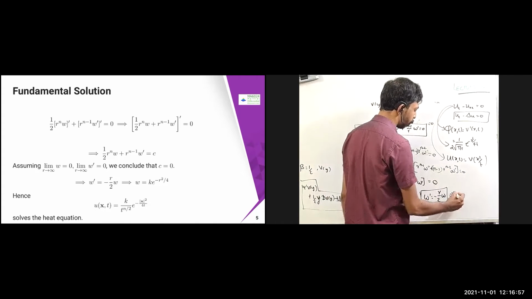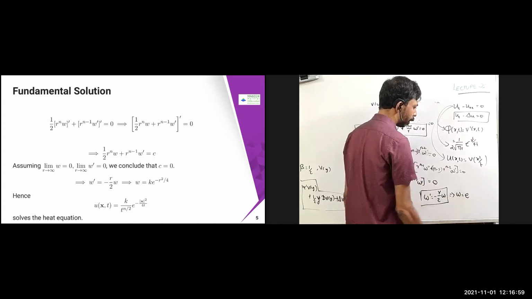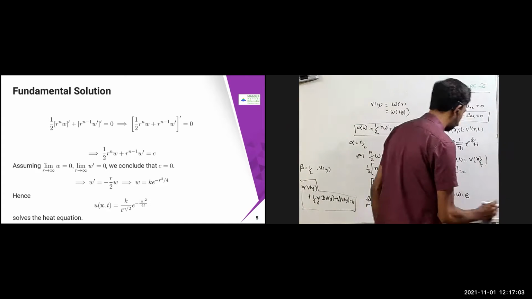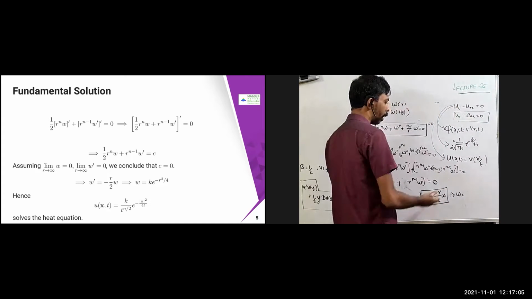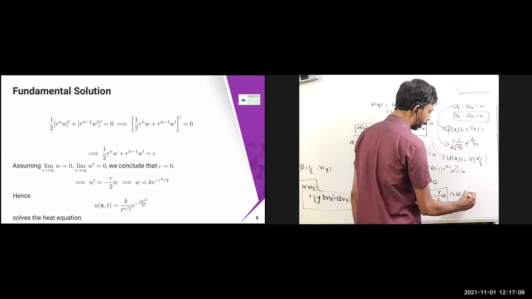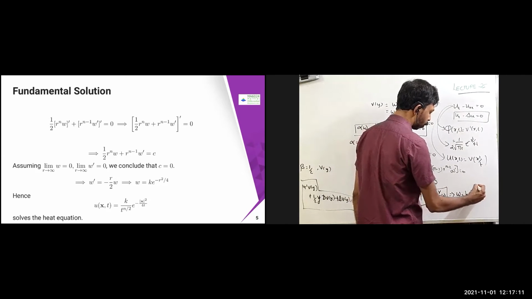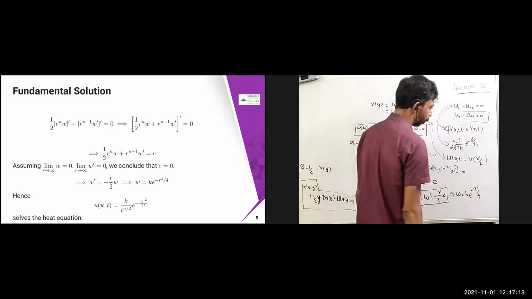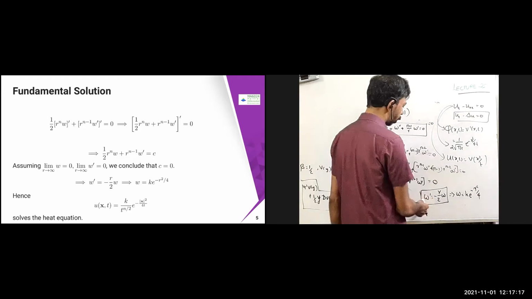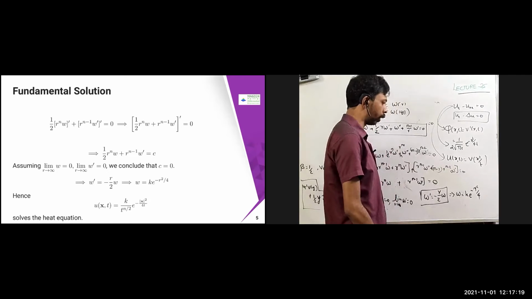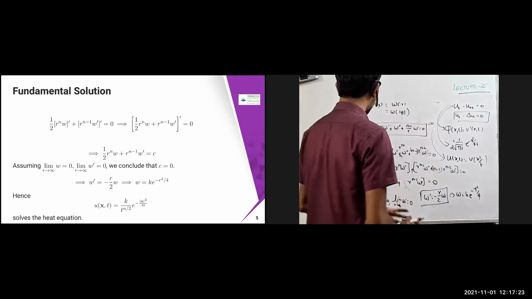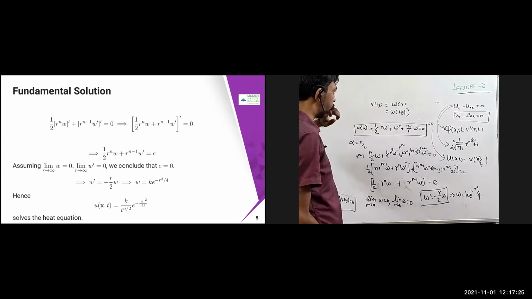w equal to e power some constant. So there will be a constant. Use the integration formula, then you are going to get some constant k into e power minus r square by 4. With respect to r, I have to integrate, so it is going to become log w, and then you get e power minus r square by 4. So I have made these assumptions, and then I have derived this one.